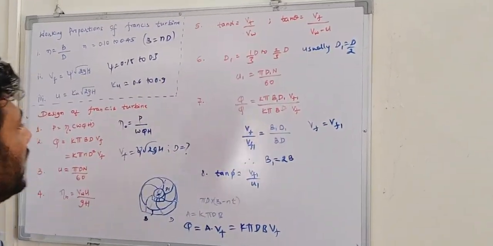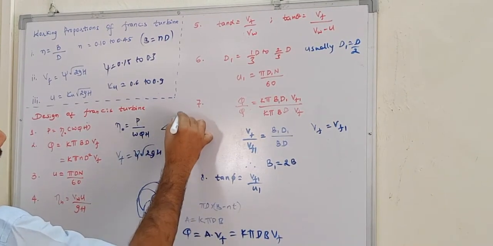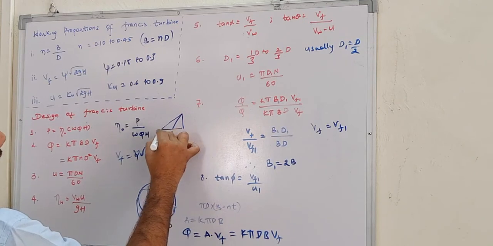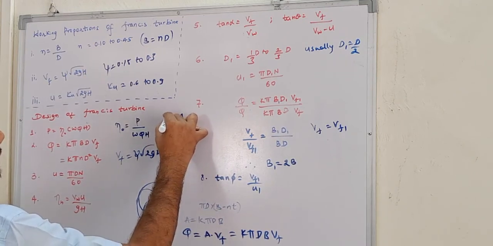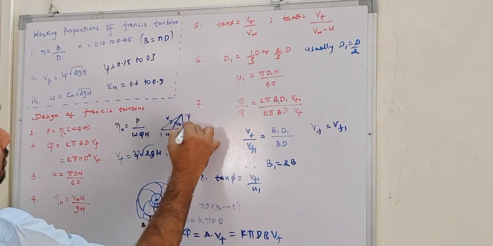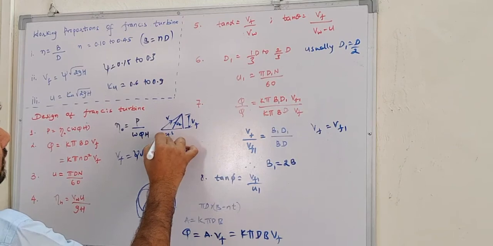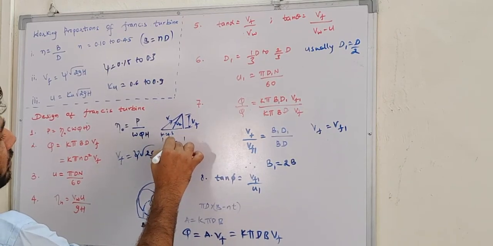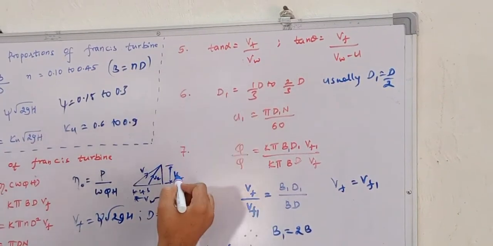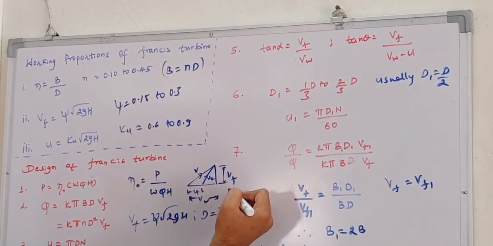So I hope you all remember the inlet velocity triangle. I'll just try to draw it again. In the inlet velocity triangle, this is your U, this is your V, this is your VR, this is your VF. Do you know how much VF is? This is your Vw. So we know how much VF is, we used to calculate it from this. Vw you got from the fourth step.